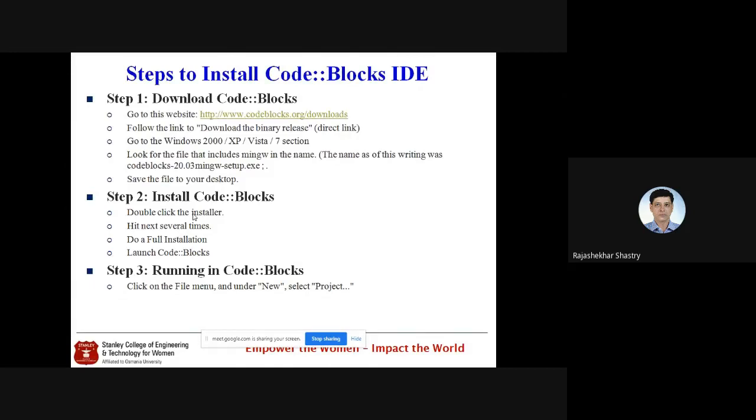It will take you through the journey of installing Code::Blocks. If you want, you can read one by one, or otherwise simply go on and hit the next button, and finally you will find the complete installation of Code::Blocks. Once Code::Blocks is installed, run it and check the compiler option, whether the compiler path is completely set or not. So this is about your installation of Code::Blocks.